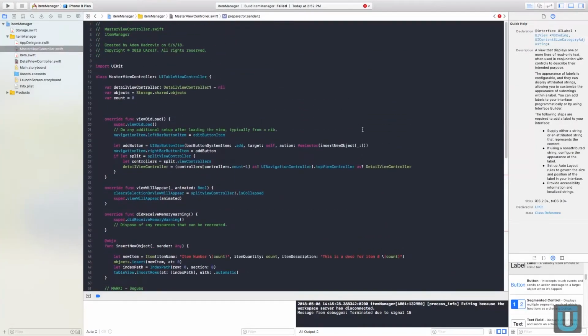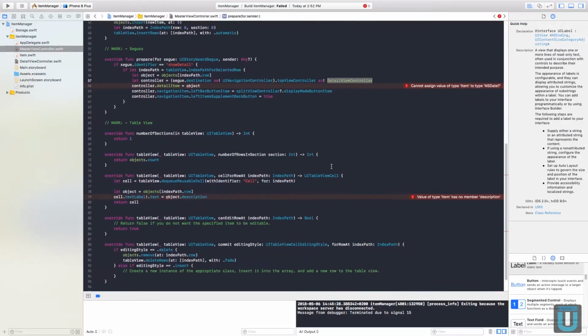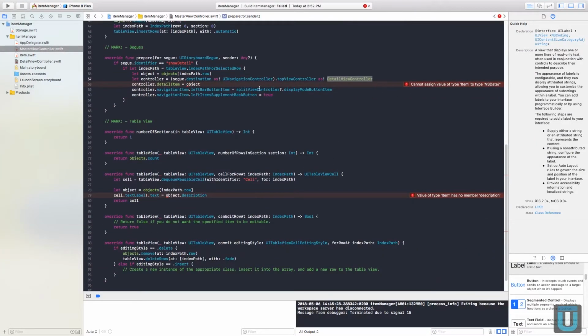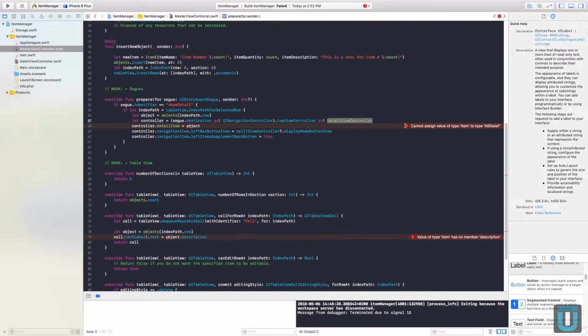Okay, so we implemented storage, but now we have a problem down here that says for detail item, it says cannot assign item to type and as date. What this is in our segue is a way to present the data without having to show it, transfer it through the segue itself. Rather, we'll transfer the object and the next view controller will handle presenting the data instead